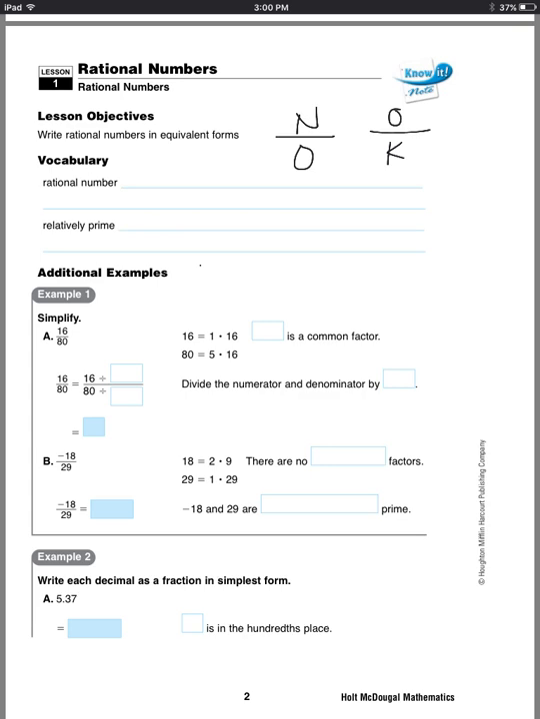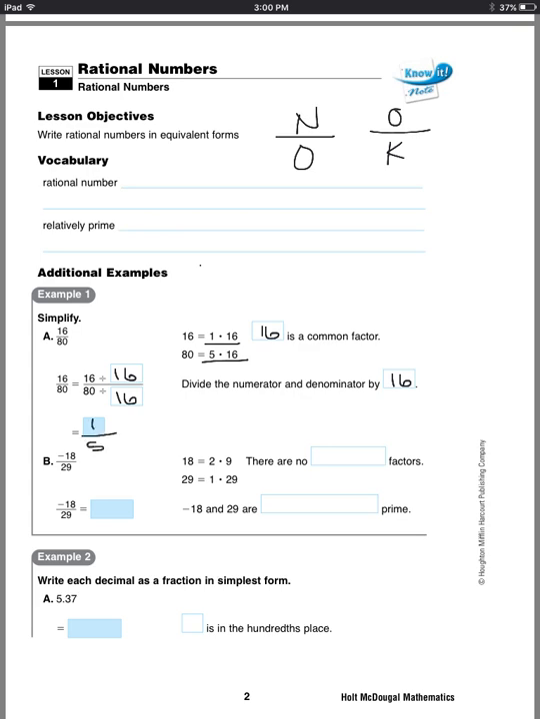Simplifying 16/80ths. What we want to do is we want to figure out what the common factor of 16 and 80 is. And in this case, they show you that 16 has a factor pair of 1 and 16, and 80 has a factor pair of 5 and 16. So 16 does go into both of them. So 16 is a common factor. So you're going to divide each, the numerator and denominator, by 16. And when you do that, you get